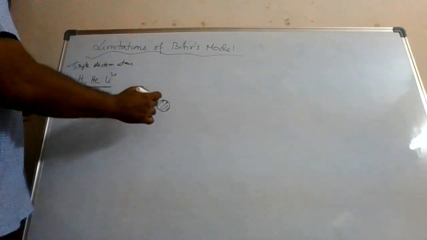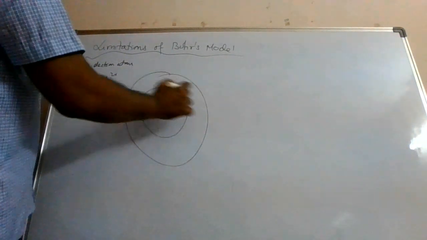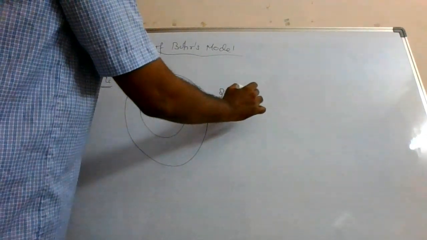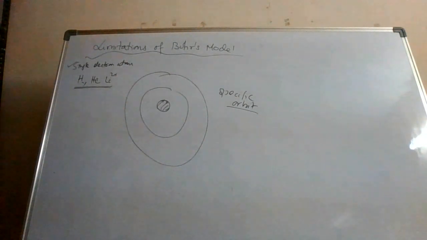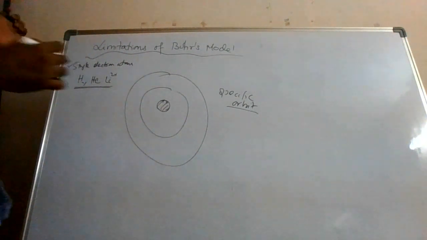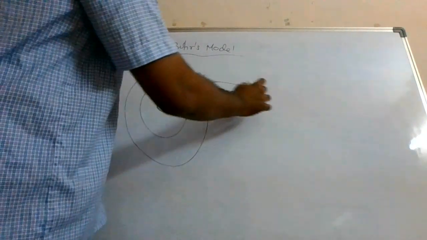The second point is, this is the nucleus of hydrogen atom, and the electron, he said, is rotating in specific orbits, right? Specific orbits. Experimentally, it could not be proved. In fact, they said that around the nucleus there is a cloud, and there is a name also given to that. Let me just quote it. It is called electron cloud. Okay. Instead of the specific orbits, it couldn't be proved experimentally.